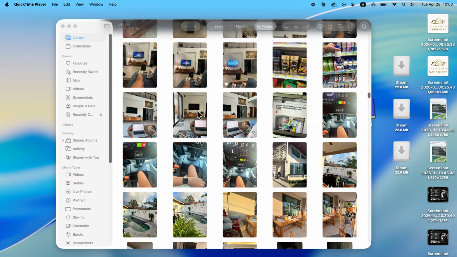How to see hidden photos on your MacBook computer. So this will work on MacBook Pro, MacBook Air, and also iMacs as well. So if you can't find a photo or you've accidentally hidden a photo on your Mac, then the first thing